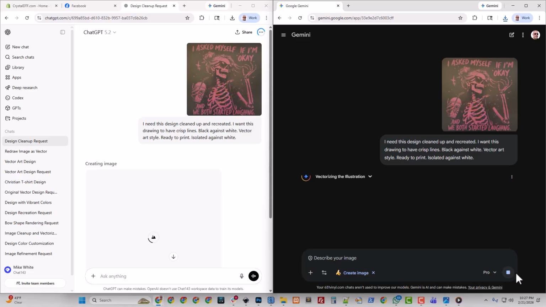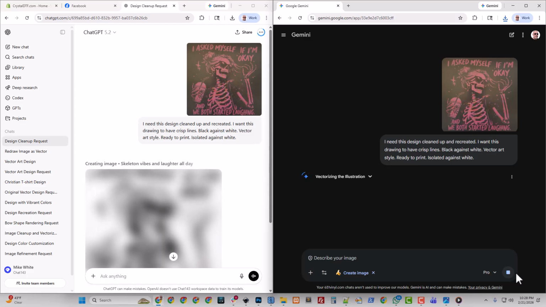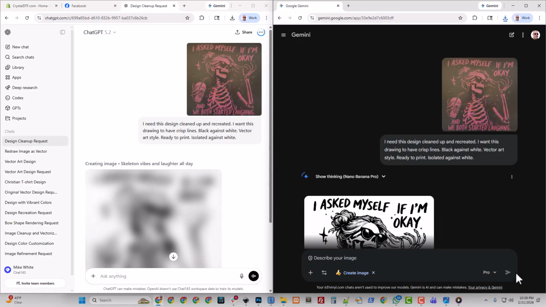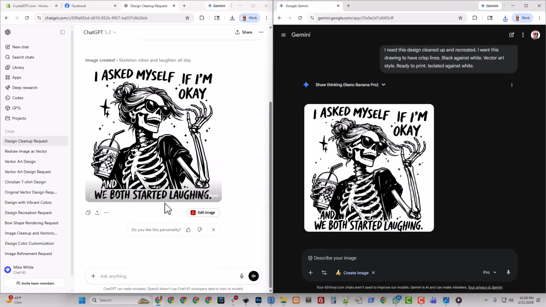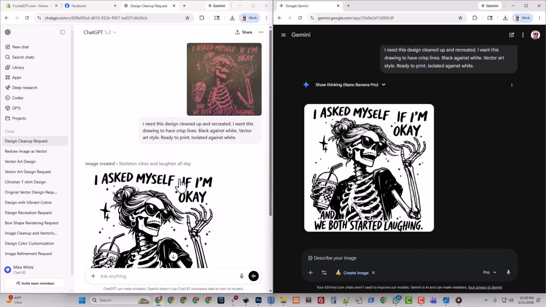It's funny, as a graphic designer, artist, whatever we are. Oh man, I should have definitely done white against black. This would be better with white against black. It's going to do my inversion. I need white against black. Look, it's put this whole shawl on her. I didn't even see that in the original. Holy smokes. Actually, this might be easier than I thought it was. The work might be done. Yeah, it looks pretty good.